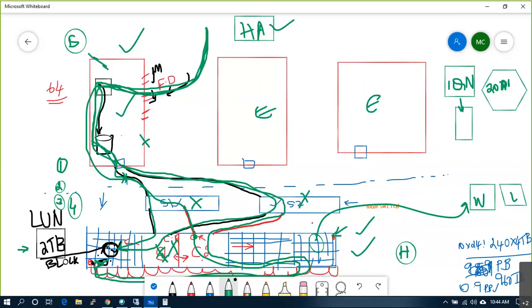TCP/IP itself is one protocol. TCP/IP uses L2 and L3 traffic: L3 traffic is IP to IP, L2 traffic is MAC to MAC. Understood? Similarly, iSCSI itself is one protocol that uses the IQN number to communicate data across multiple devices.